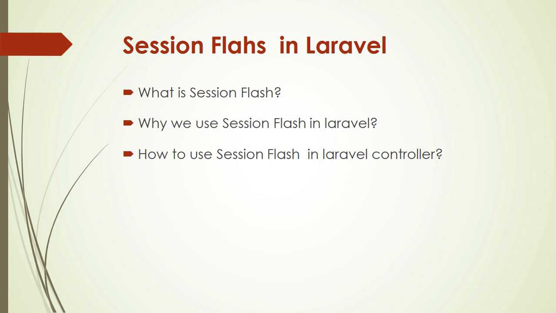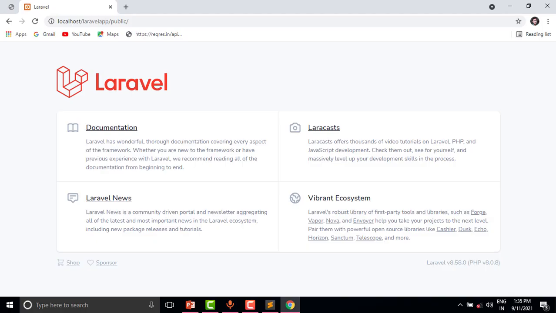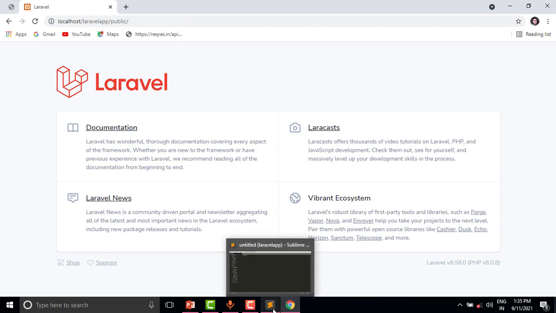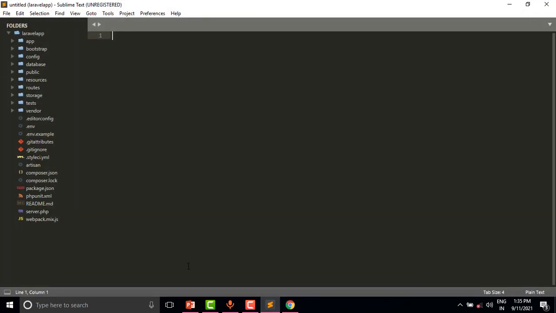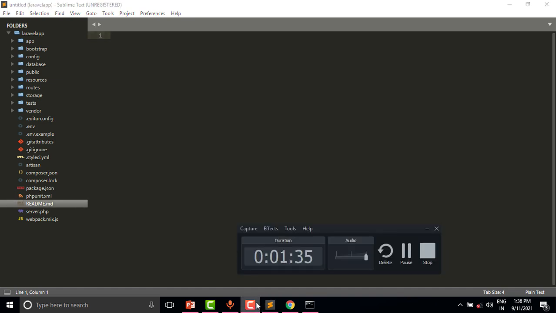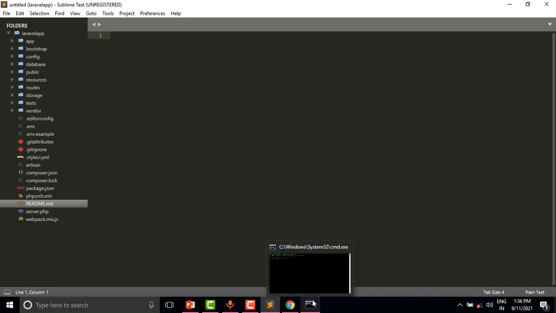So let us see how to use the session flash in Laravel. For that we need to open the project which we have already created in the previous video. This is the fresh Laravel project which we have already installed. So let us open the text editor. For that we need to create the controller. So let us open the command prompt